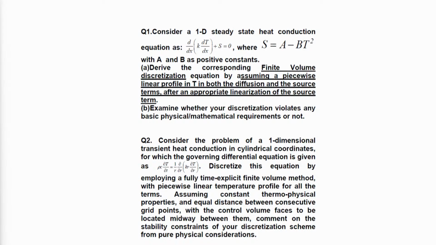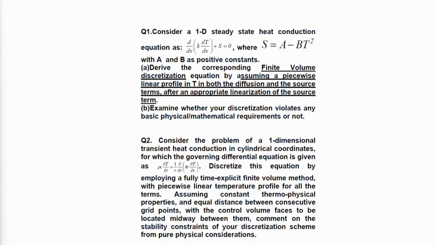You derive the finite volume discretization by assuming a piecewise linear profile in the temperature in both the diffusion, meaning the conduction term, which we have done exactly the same, and also in the source term that we have not done,